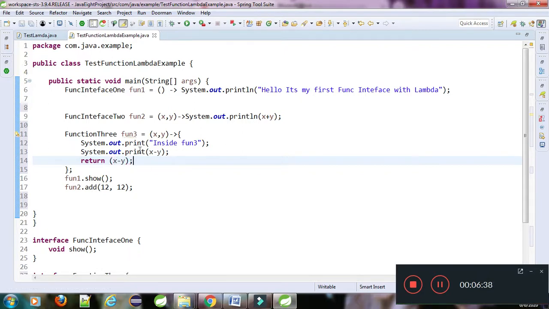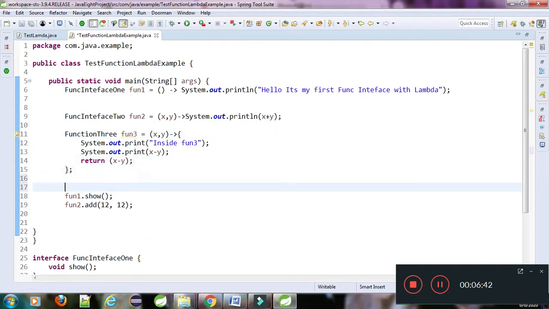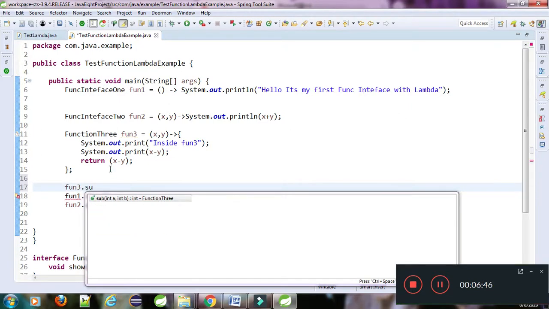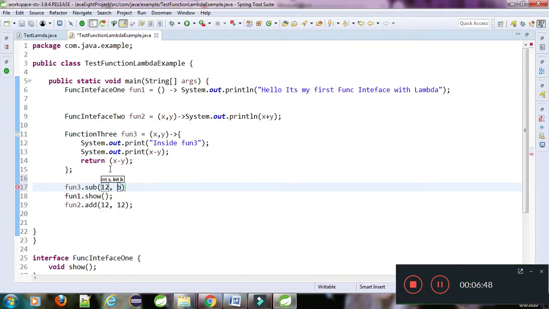This type of syntax we also covered in the previous videos, which is why I'm covering all those syntaxes. Now if we run this,